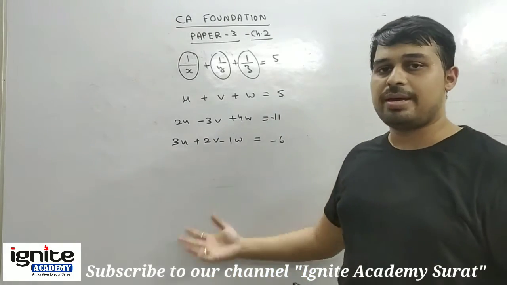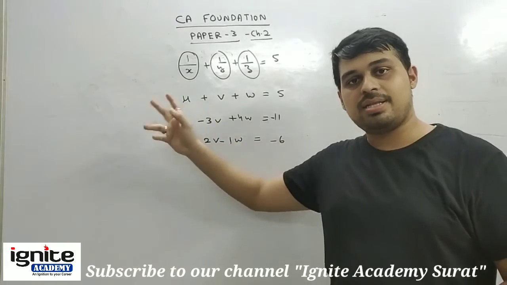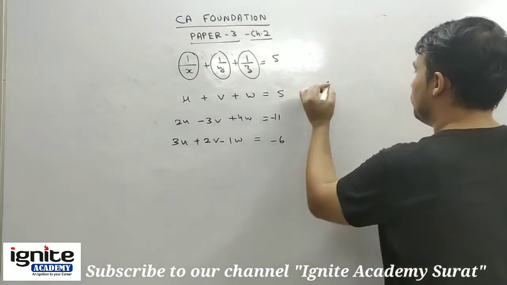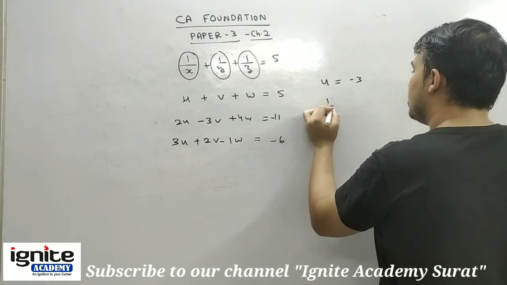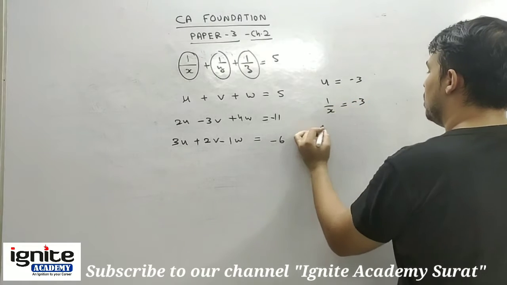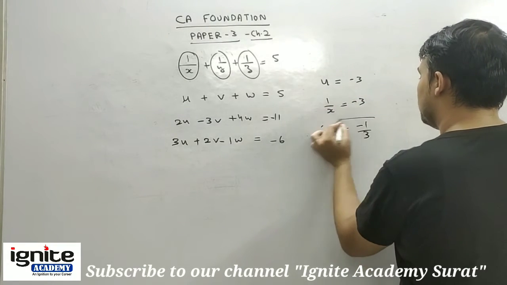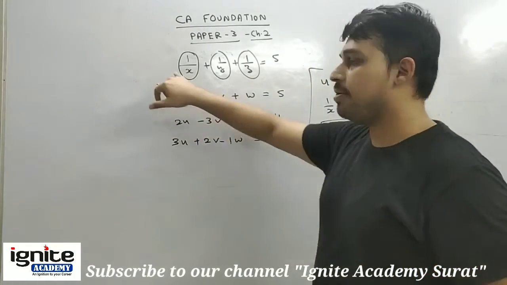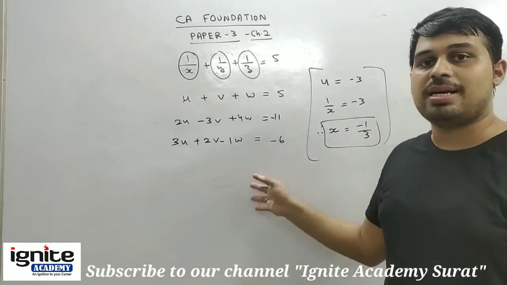Now you have to do the same what you did in previous sum. Use the elimination method, use hit and trial, and then you can solve. And at the end, whatever value you get, suppose you are getting the value u is equal to -3, but u is equal to 1 by x. Therefore, x will be equal to -1 by 3. So last step you have to do this, because जब भी आप सब्स्टिट्यूशन करते हैं एट द एंड आपको वो वैल्यू वापस से पुट करनी होती है. That is a basic concept.